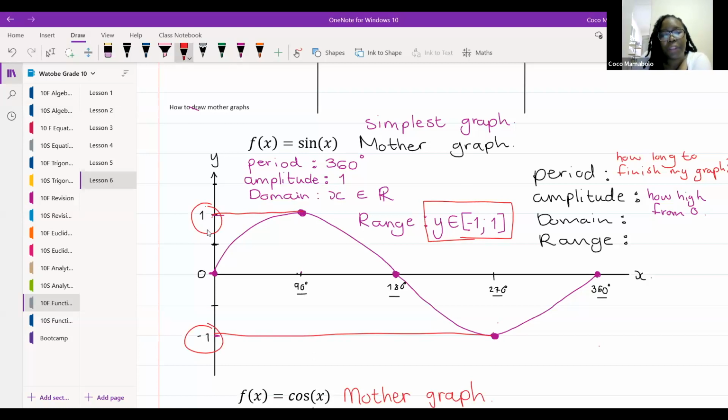Okay, now if we think about our domain, guys, my domain is every number. My x value can be any number. It can be 111. It can even be 452 degrees. It won't make a difference. Okay, but when we are looking at these graphs, we can't make you draw a graph forever. So your teacher will do something like this. They'll say that x is an element of, start your graph at